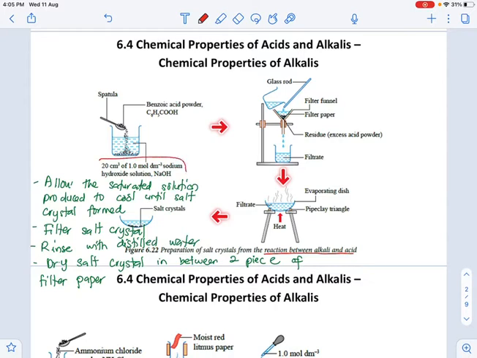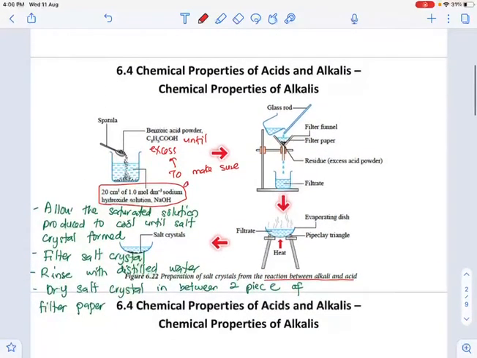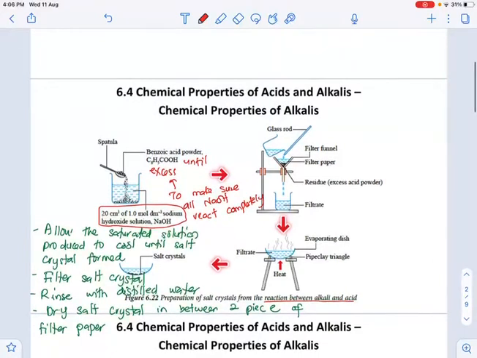20 cm³ of 1.0 mol dm⁻³ sodium hydroxide solution is poured into a beaker. Then add benzoic acid powder until excess. What is the purpose of adding benzoic acid until excess? To make sure all sodium hydroxide reacts completely. Alright, so let's write the chemical equation first between sodium hydroxide and